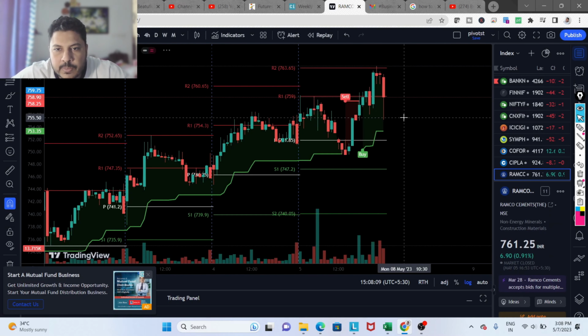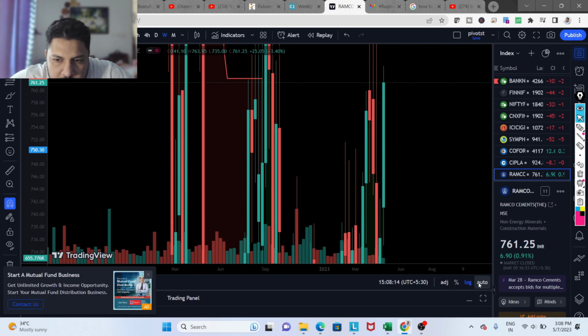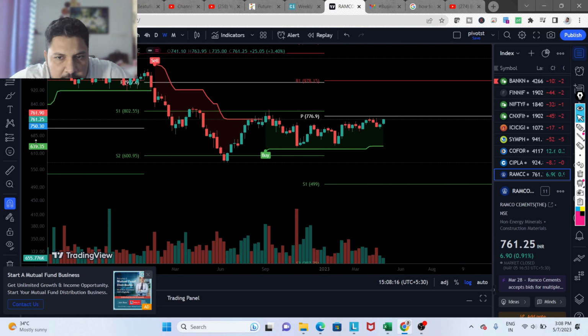So we have added Ramco Cements. So where are we going to check this? We are going to first check this on the weekly time frame. So on a weekly time frame, see